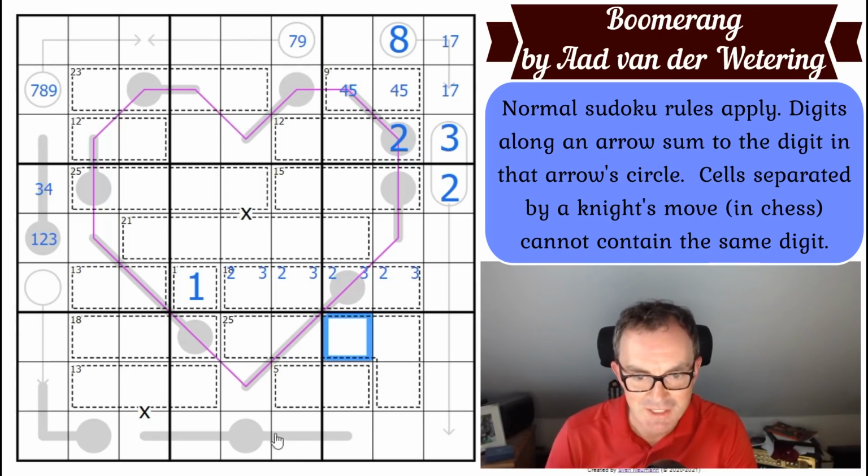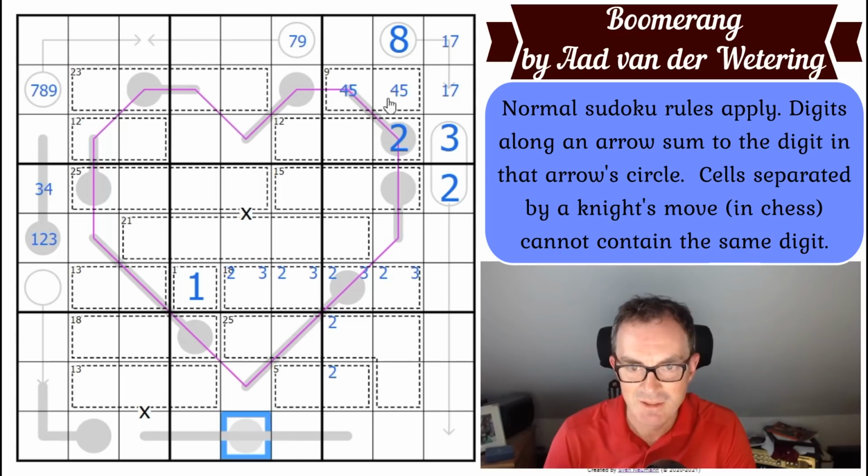Now, this is quite interesting. 2's in one of those 3 squares, but it can't be here because that would break the bulb of the thermo. You'd have to go 2, 1, 0, and you can't put 0 in. So these 2 squares are a 6, 9...